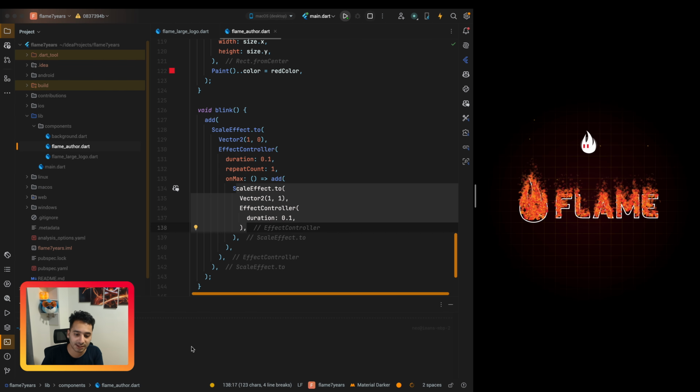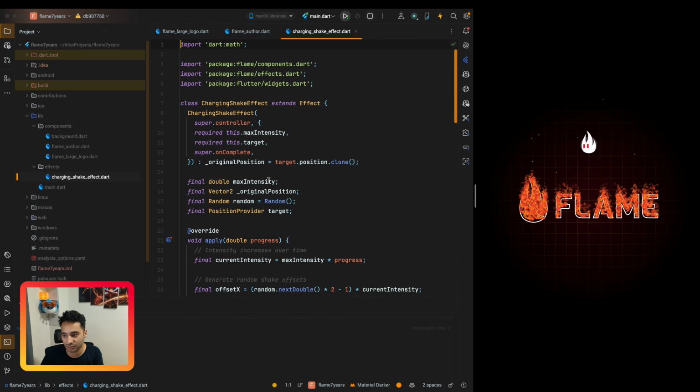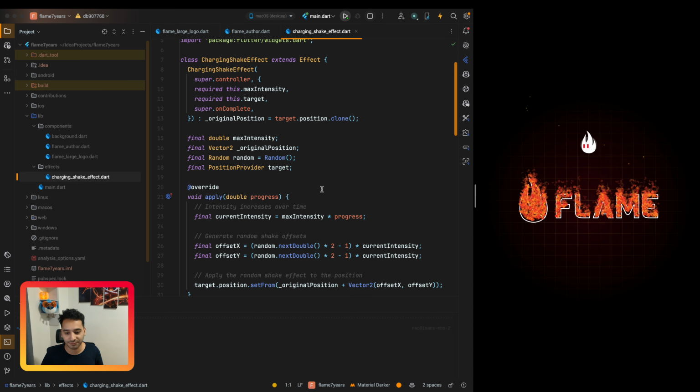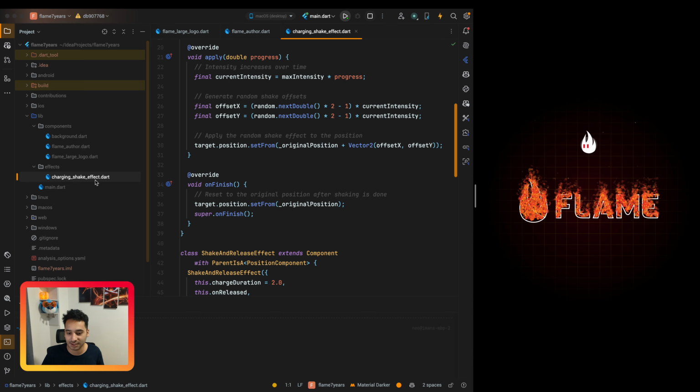In the next step, in this commit, I implemented the charging and shake effect. If you click on the character, it runs the animation. You see that it moves, it seems like it is charging something, and then it releases the fire orb. To be honest, I got help from ChatGPT to implement it, because you need to work with the numbers to make the character feel like a charging effect and releasing effect. This is a time consuming process if you do it by yourself, but I could ask ChatGPT to help me create this effect faster.